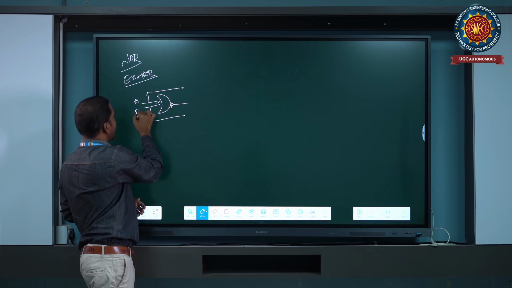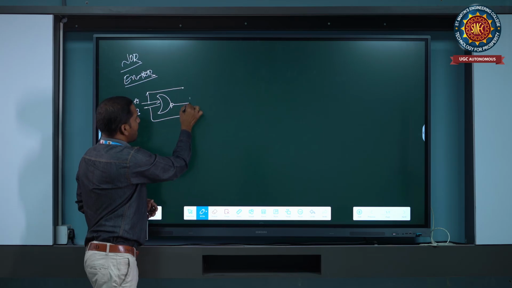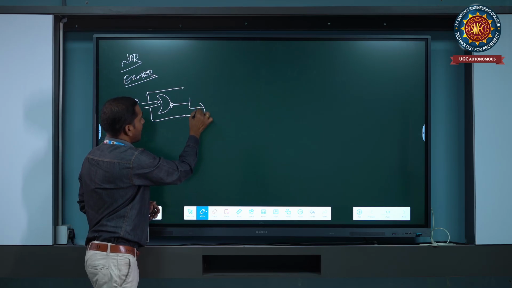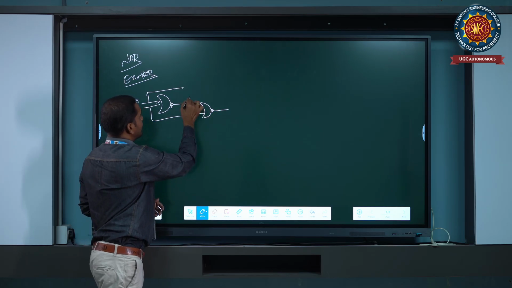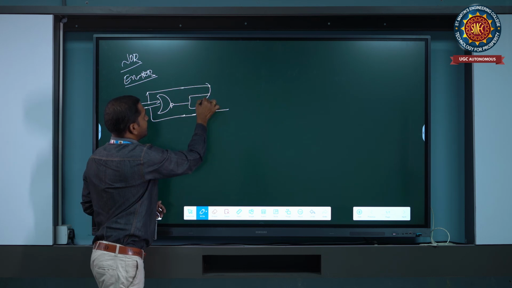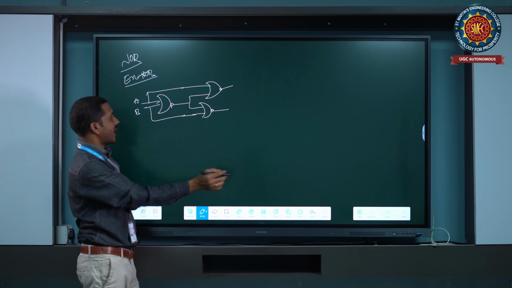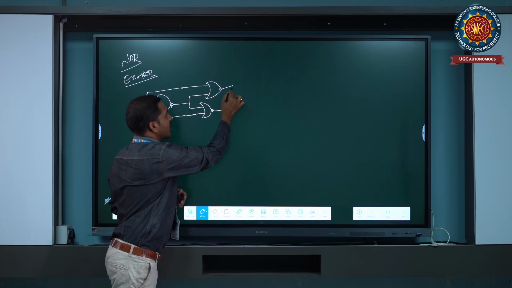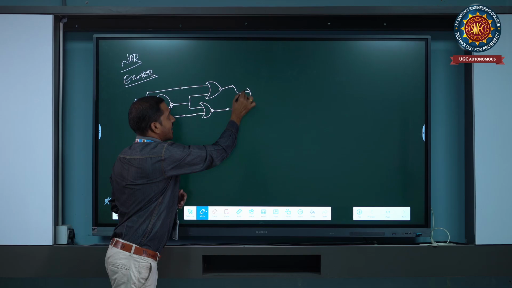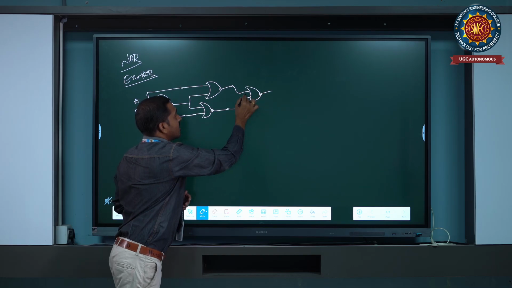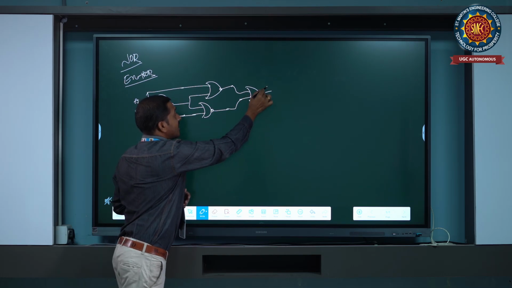A and B are the inputs. Taking 2 NOR gates, their outputs will give the other NOR gate, a single NOR gate, and the output is